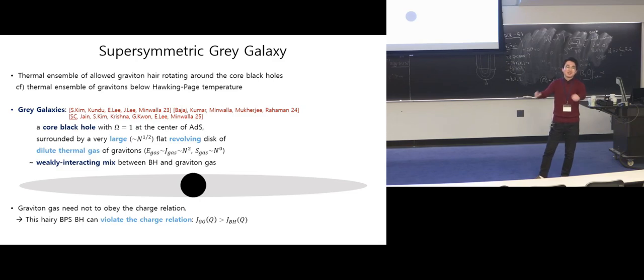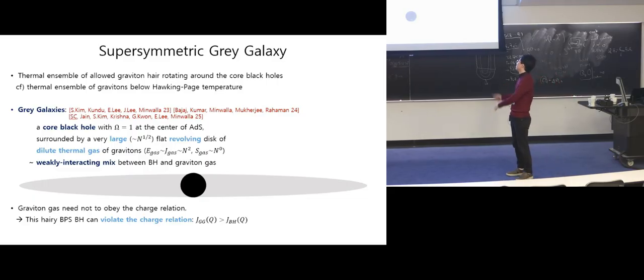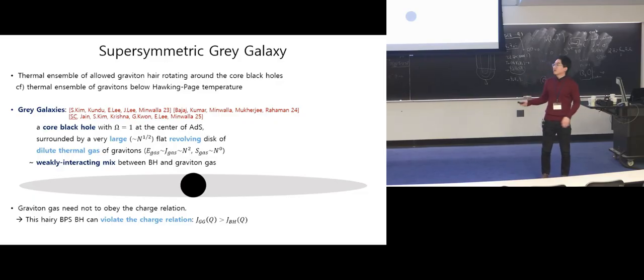Maybe I have in mind something a little bit more advanced, in which the black hole looks like a single classical solution, and then it can emit particles and turn into a thermal gray galaxy. Maybe it's not that different from the Hawking-Page transition, but maybe this is an extension of it. Yeah, basically, since we are now on the BPS surface, it is not a real-time process, but you can think of it as the black hole emitting thermal particles outside the event horizon, making a thermal ensemble of a gas of gravitons outside the event horizon, making gray galaxies.